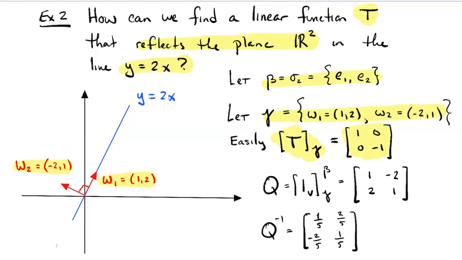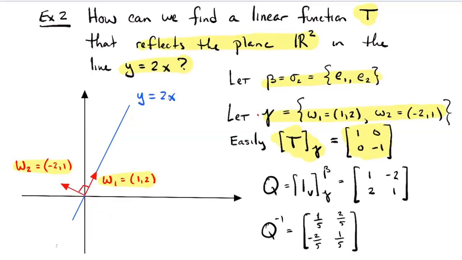Because if you reflect in the blue line, it sends W1 to itself, right? So this reflection T of W1 is W1, so its coordinates are 1, 0. It reflects W2 to its opposite, right? W2 is perpendicular to the line, so T of W2 is no W1s minus W2. So that matrix is easy to write down just for the same reason that the reflection in the x-axis was easy to describe. Okay, I'll let you check, and like I said, when you're converting,